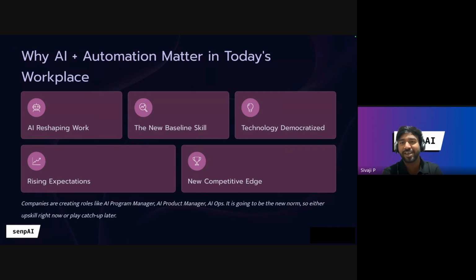I think probably maybe another 3 months or 6 months, having this skill would become a mandatory thing for all the job hires. Yeah, exactly. So we're going in that direction, and it's either we upskill right now or we have to play catch up later. So I think better to upskill right now because later on it's going to be tough. Better to have the competitive edge right now. So it's a good thing to learn right now, and it's a must-have probably as well.